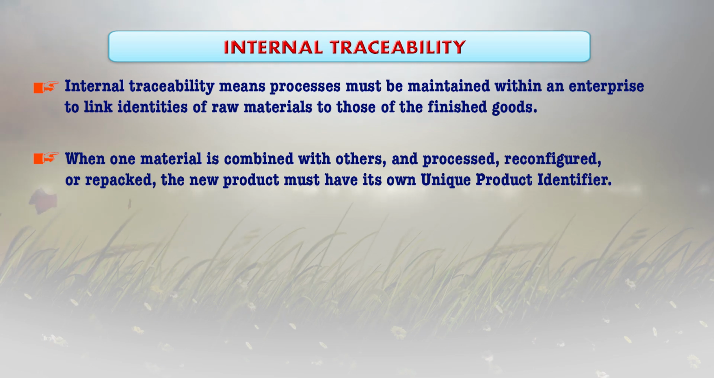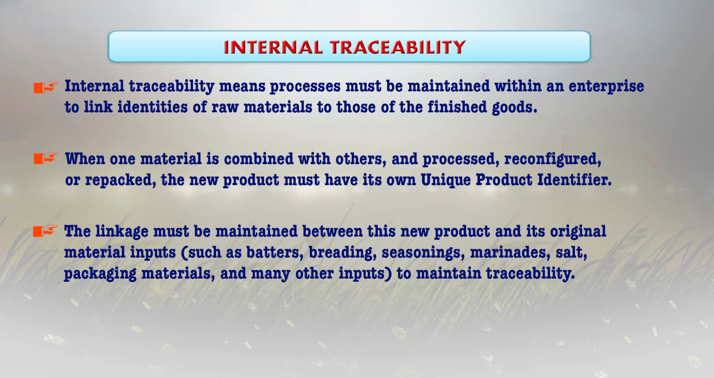So, when one material is combined with others and processed and reconfigured or repacked, the new product must have its own unique product identifier, because used ingredients have other unique product identifiers. Once all this processing has been completed, the new product will also have a unique product identifier. So, the linkage must be maintained between this new product and also its original material inputs like batters or breading or the seasonings or the marinades, salt and packaging materials, and there are so many other inputs also there